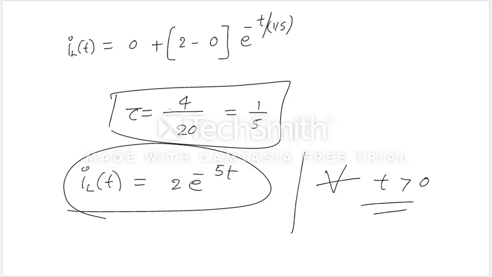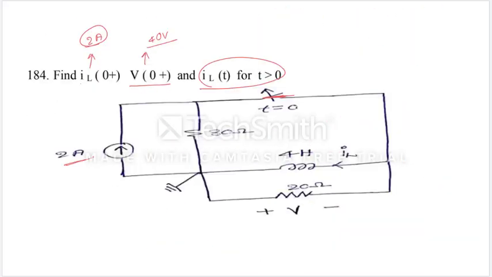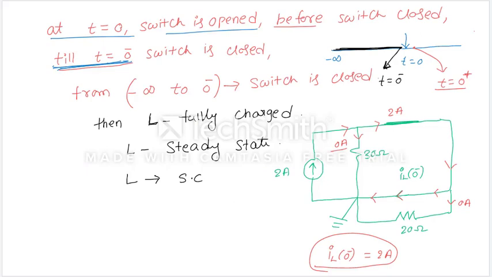Understood this thing? All of you. This is what we get, this value is 2 into e power minus 5t. Just see the analysis now. First at t is equal to 0 we have seen the situation of the switch, and before that what happens. For a transient problem we always need to see